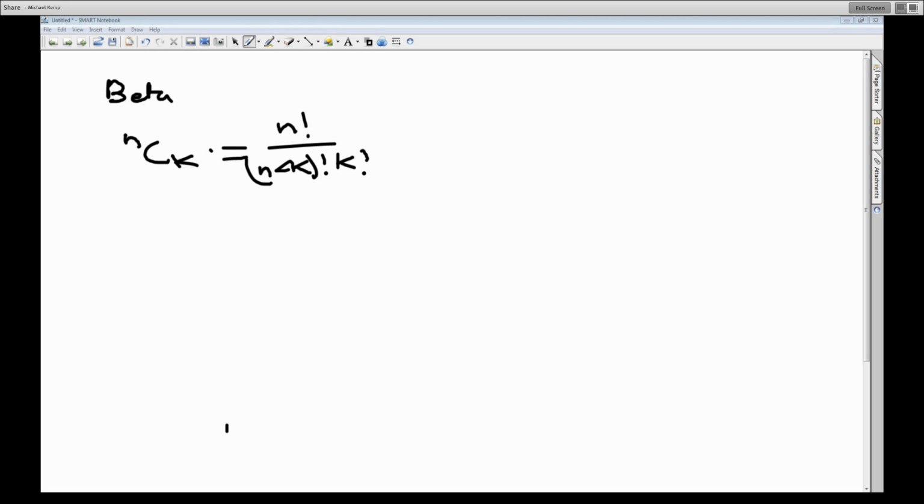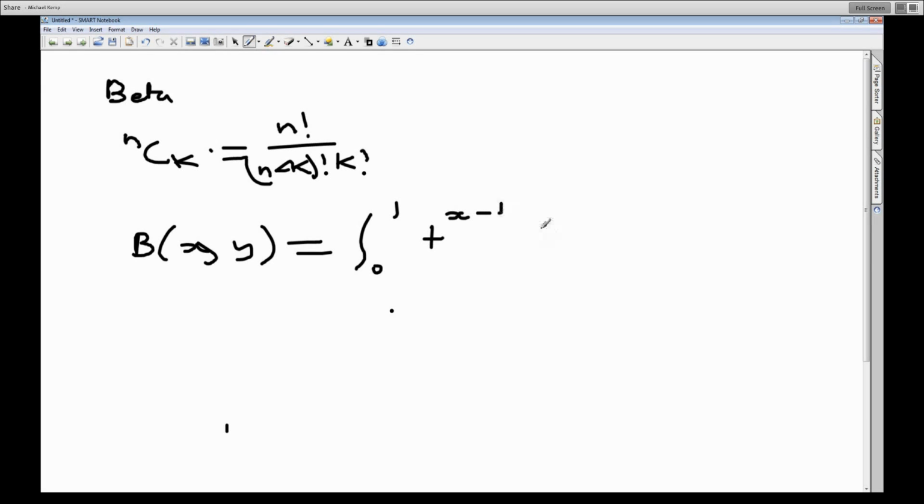So the beta function, and again we'll call the arguments x and y, we define by an integral. It's the integral from 0 to 1 of t to the power of x minus 1, times 1 minus t to the power of y minus 1. We'll call that the definition. So we'll define it to be this integral, and this integral ends up reducing down to